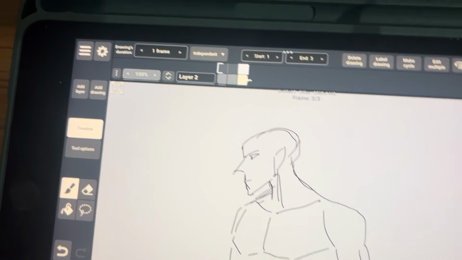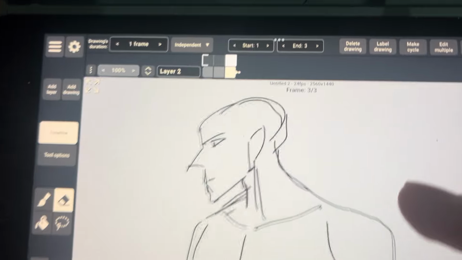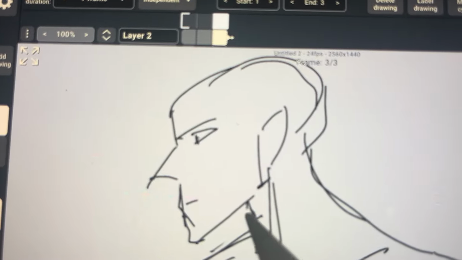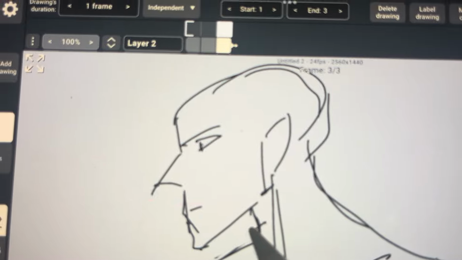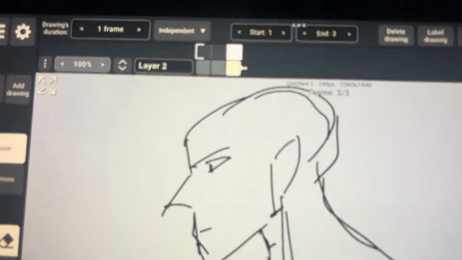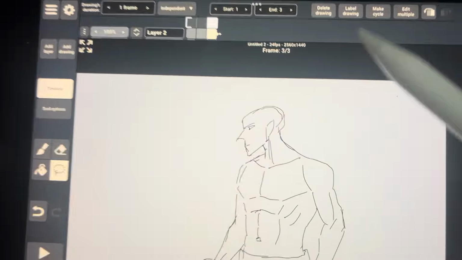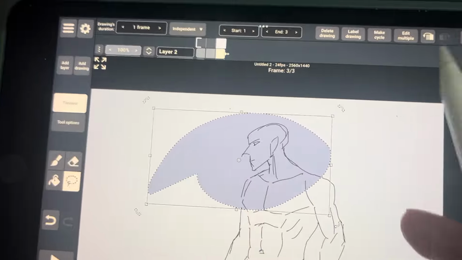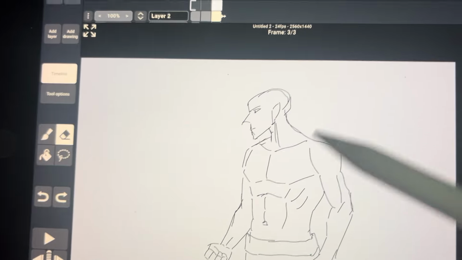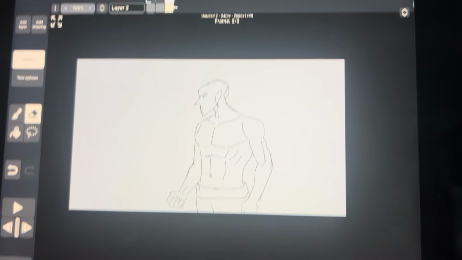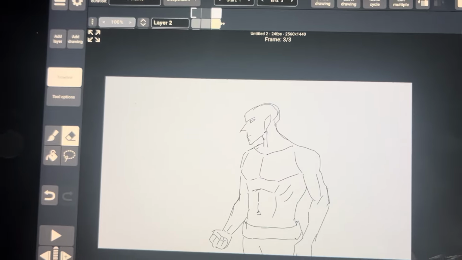But then you can also use the eraser tool for smaller parts. For example, only this one part I want to delete, you can use the eraser tool. Okay, remember, for big adjustment use lasso tool, and then for smaller adjustment use the eraser tool. Okay, and then last tip